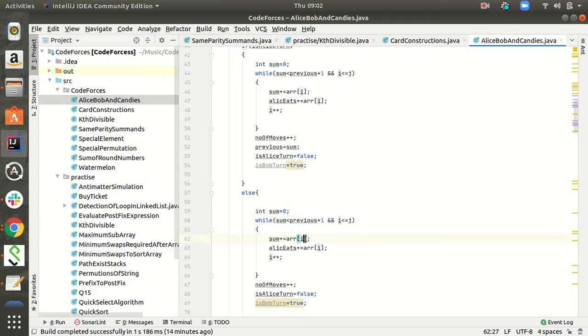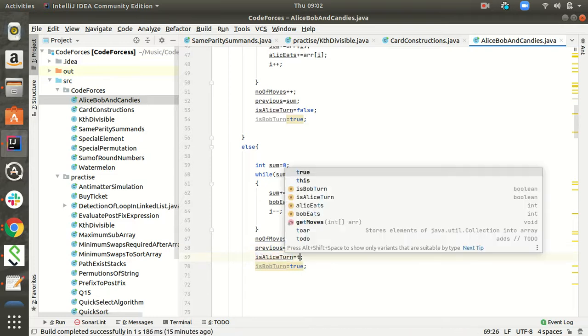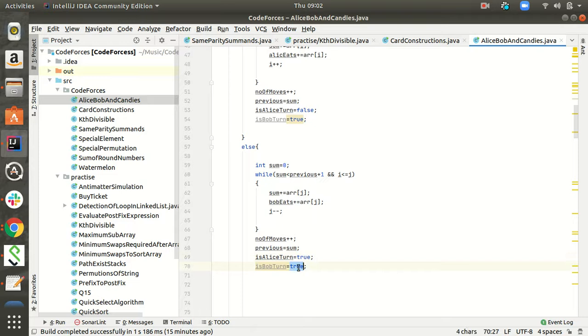Now over here it will be Bob eats, it will be j minus minus, previous equal to sum. Now isAliceTurn will be equal to true and isBobTurn equal to false.